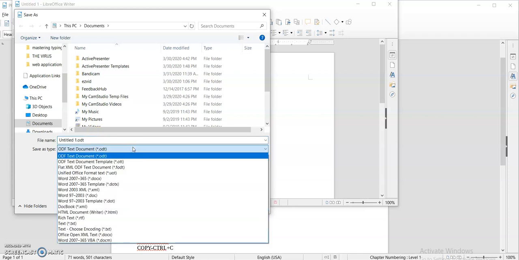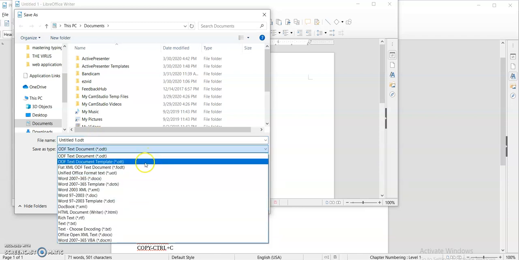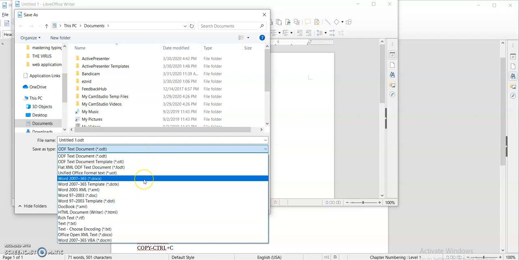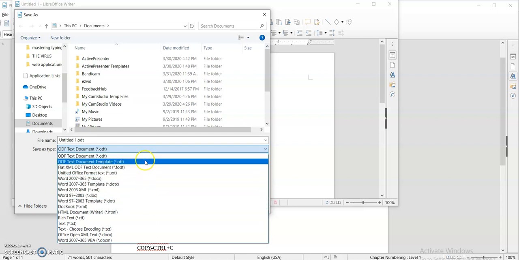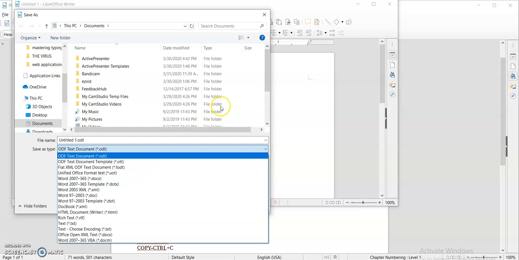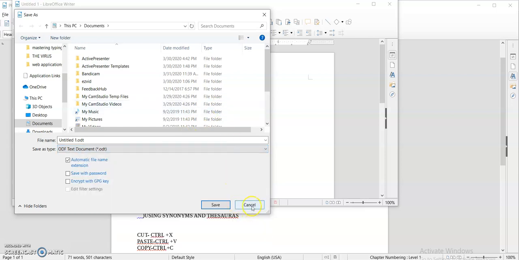If I want to save my text document in Word form, I can simply click over it and choose the format in which I want to save my file. Now I can edit the name of the text document, practical video.